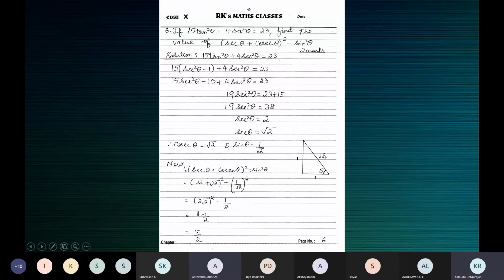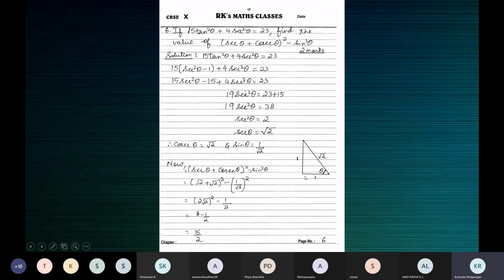Ma'am, how did we find the opposite side? You can mark any one angle as theta. So secant theta is root 2, right? You just draw a right triangle. You can mark any one of the two angles as theta. You can call this theta or this theta. I forgot to mark the right angle here, but you know that this is the right angle. So any one of the other two acute angles can be marked theta.